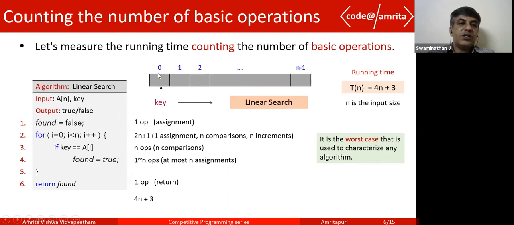So therefore, the best case would be something like, if it was found at any position, return found to be true and then get out. Don't go again and search for the rest of the array, because it's not even necessary, right? You achieved your task and that's it, done. So if you had implemented it that way also, even then we will always consider the